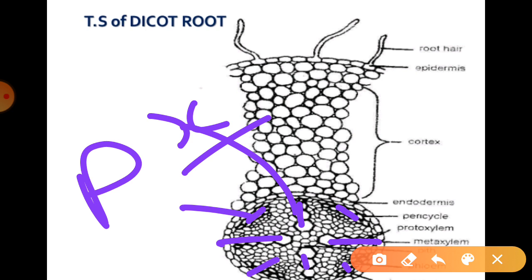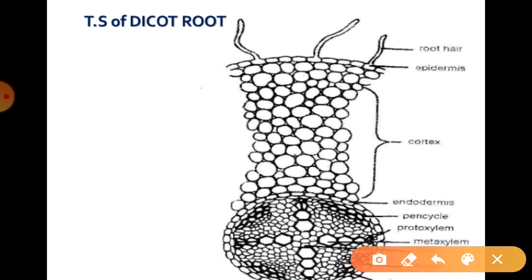Hence we can say xylem and phloem bundles are equal in number. You must know that the xylem and phloem numbers in the dicot root are always equal, right? And they lie on different radii. If we talk about the radii, they lie in such radii, so they can be found in different radii. Equal number, different radii, right? And we can say the vascular bundles are called radial bundles due to these structures, right?